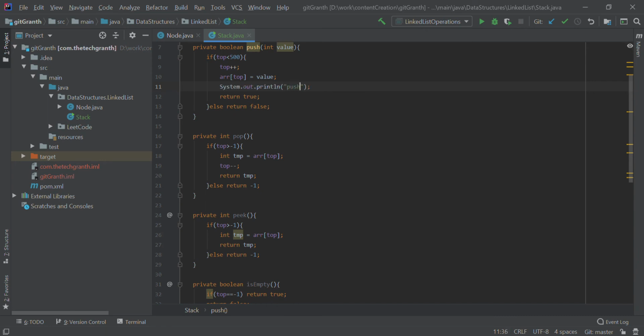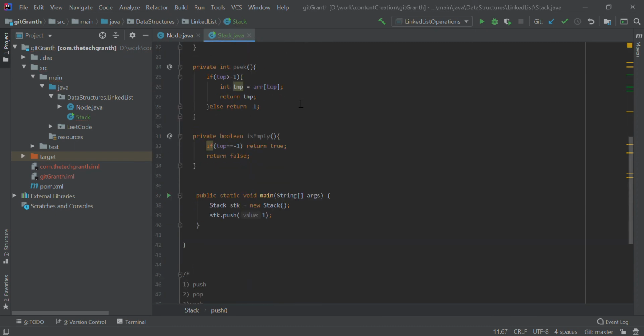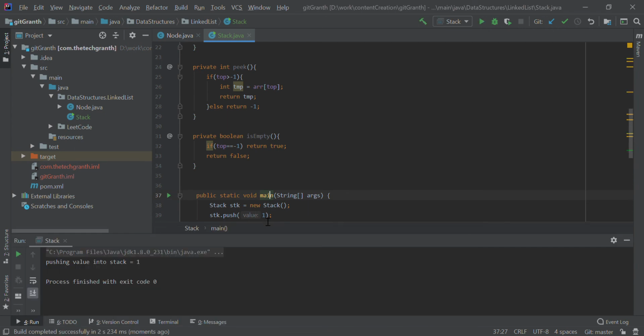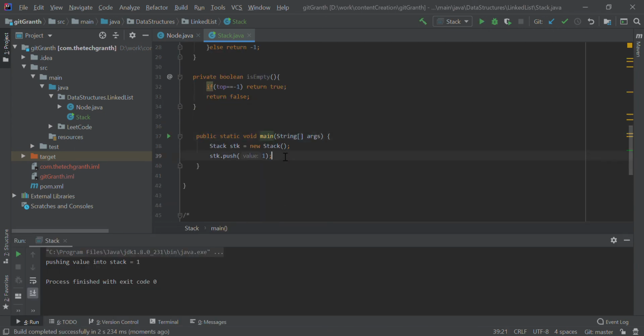It will say pushing value into stack equals to, and the value will be this value. So if I run this, it will just push this value 1 into the stack. So let us push a few more values here.